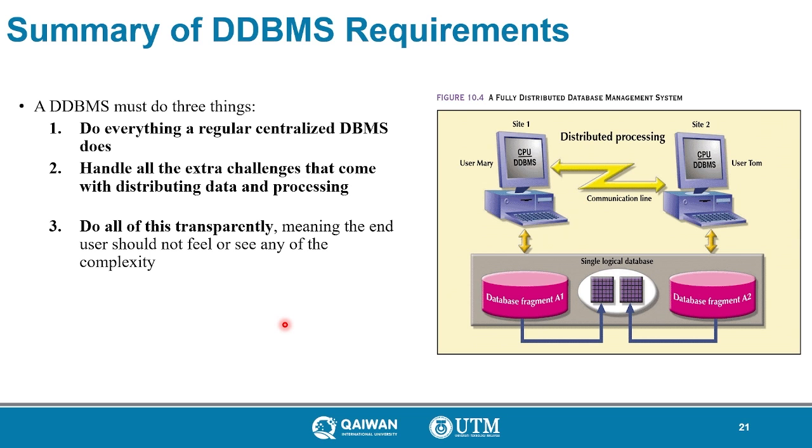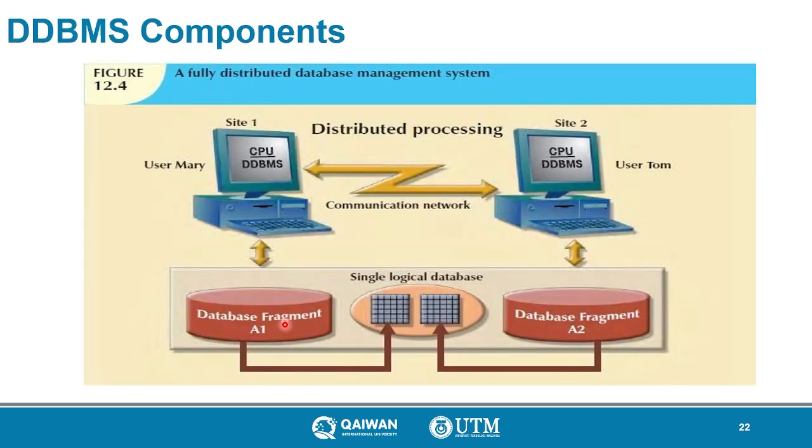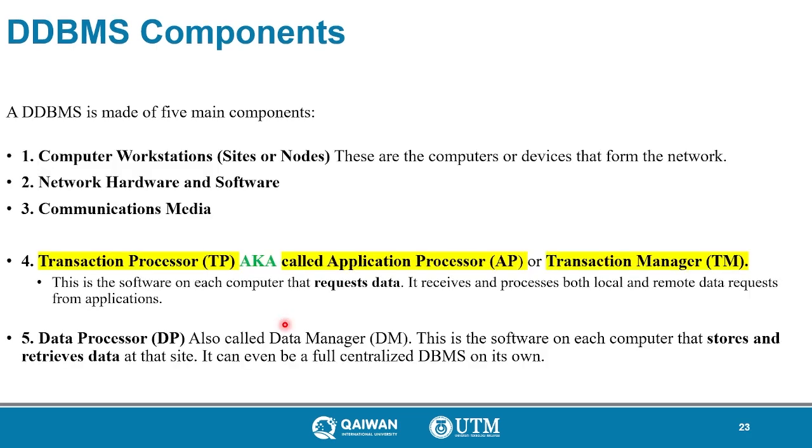Handle extra challenges that come with distributed data processing. Do all of this transparently so the user would not know if there are two databases or 10 databases. Now we have these components that we will talk about one by one: computer workstation, sites or nodes, network hardware and software, communication media, and the transaction processor (TP), also known as